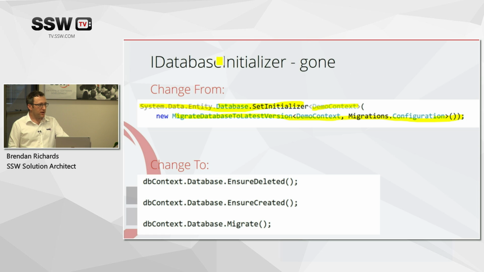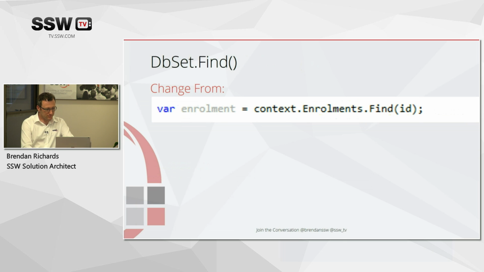That's changed quite a bit. The way you do the same thing now is against DbContext, which has this facade class called database facade. So that gives you access to the database you're talking to. The equivalent of that one is the migrate. You've got ensure deleted, which in testing you delete the database before creating it again, and ensure created, which will take the latest state of the model database and actually create a new database. And migrate will be, you've got a database in place, you've got some new changes, apply those new changes in schema to your database.